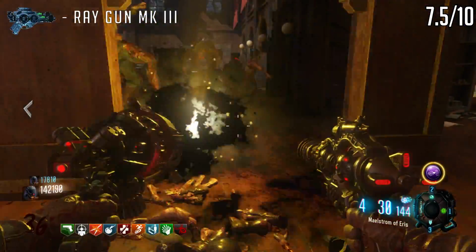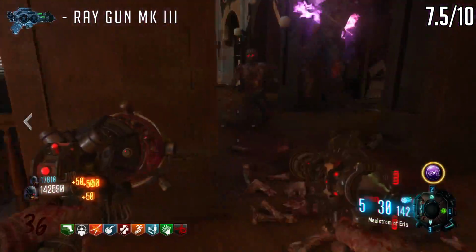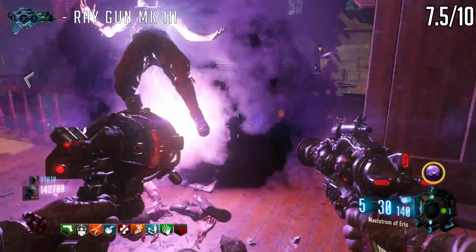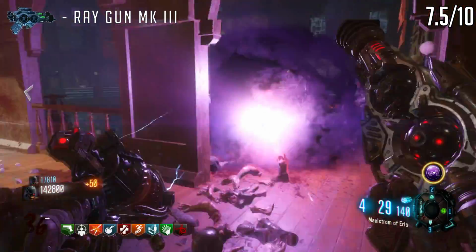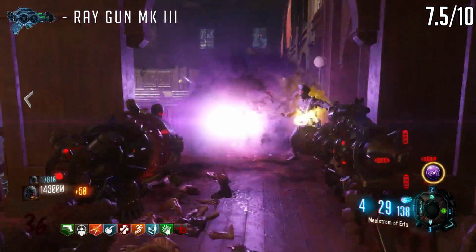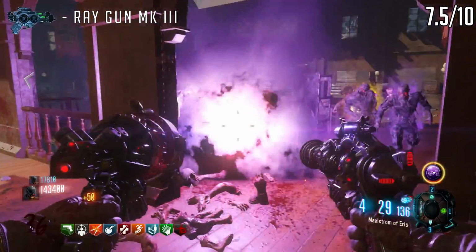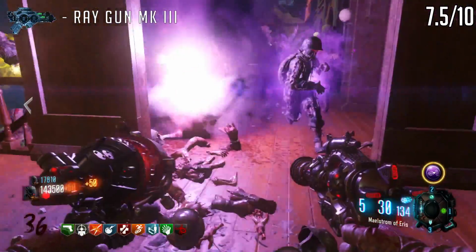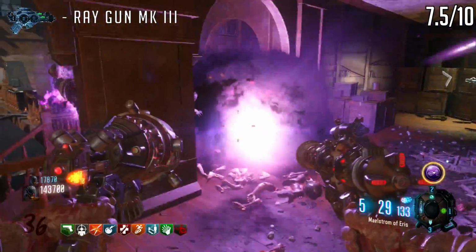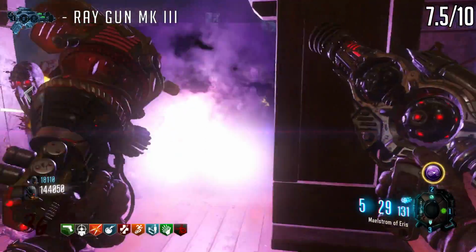So for this gun, you have two weapons in your hands. Your weapon in your right hand shoots your standard ray gun laser shot, and then the weapon in your left hand shoots these black holes or whatever's going on. Now the black hole will slow down the zombies, the right one will shoot a laser and kill the zombies. When you combine them, so when you shoot your left shot and then you shoot your right shot into the black hole, it will create this purple black hole and kill a whole bunch of zombies,